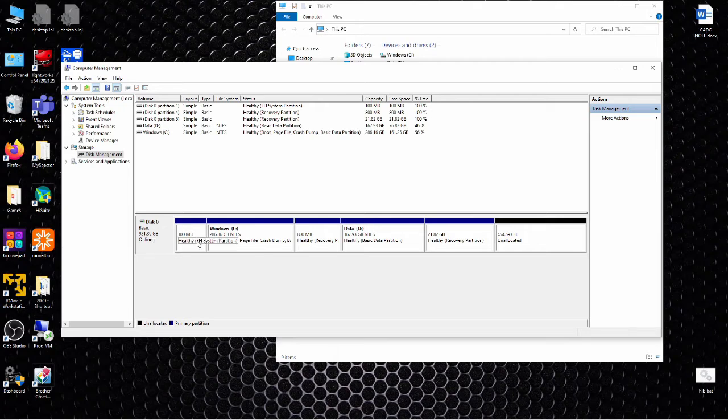Okay. My EFI partition has not moved. My Windows C drive has not changed. My D drive is there, and here I have 500 gigabytes which are unallocated. The important thing is I want to keep these two partitions. And I want to have this C drive to be bigger.